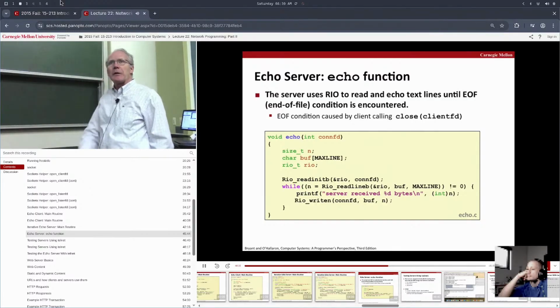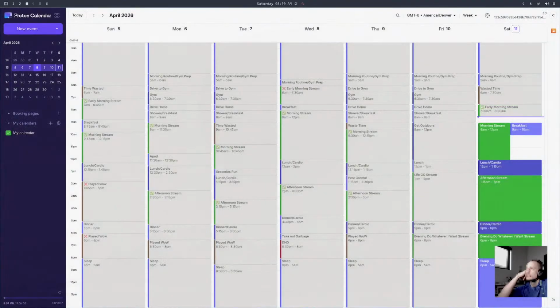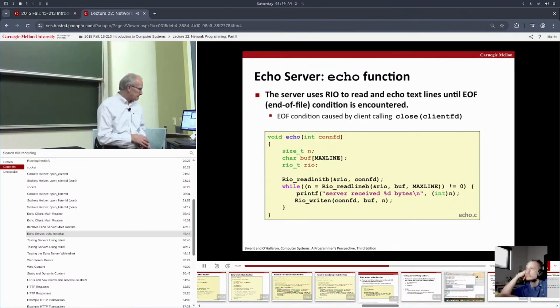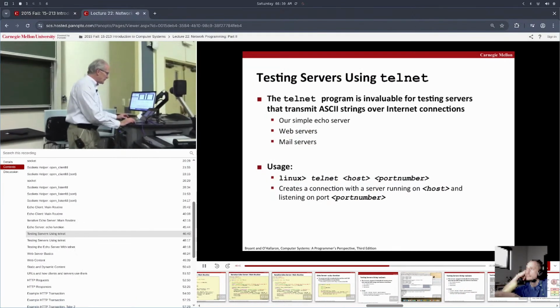But remember, echo is within a bigger loop of accepting new connection requests. Okay, but again, just see that it reads as a way of accepting information from the client, and then it writes to send information back to the client. Good? So one interesting feature is if you want to test some programs, you can use a program called Telnet,